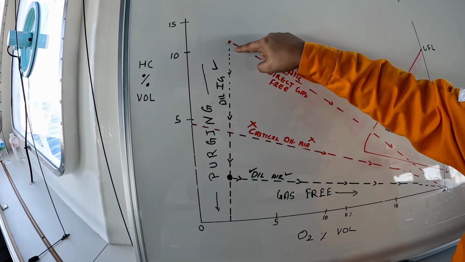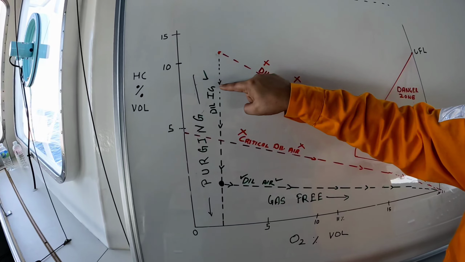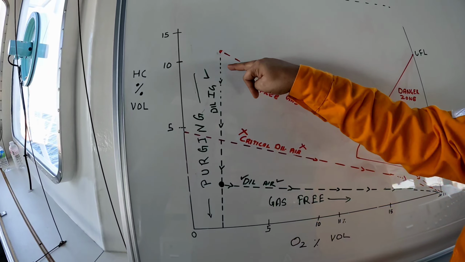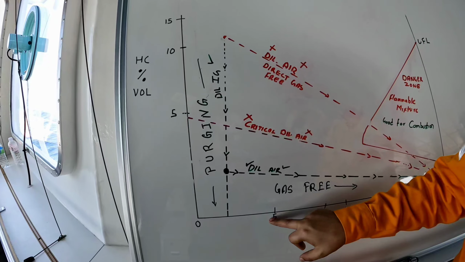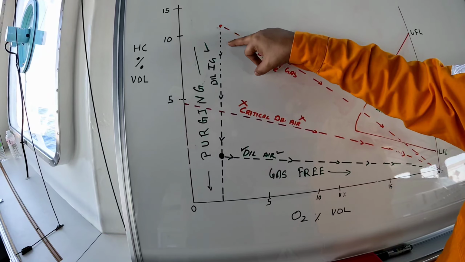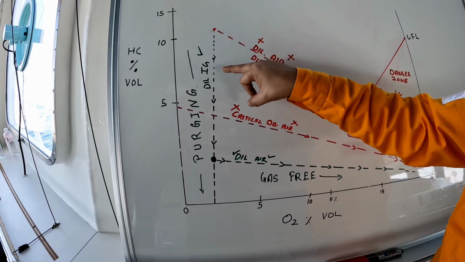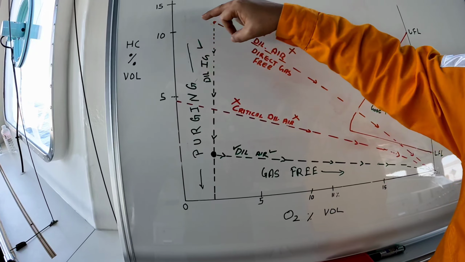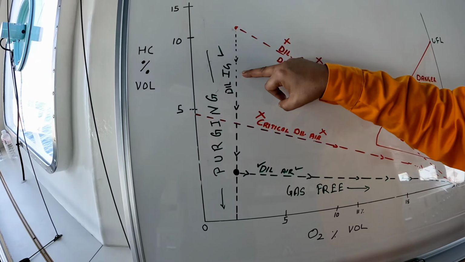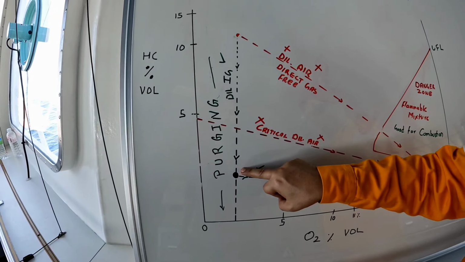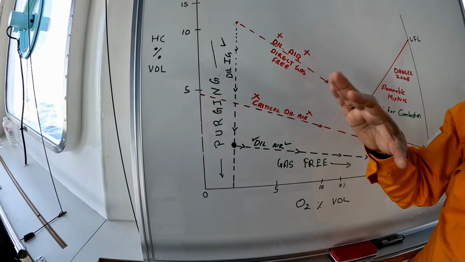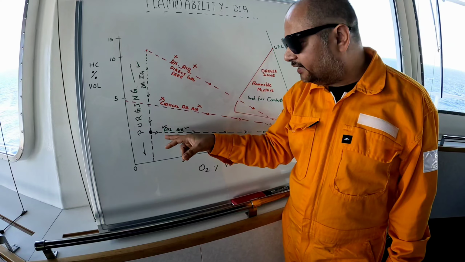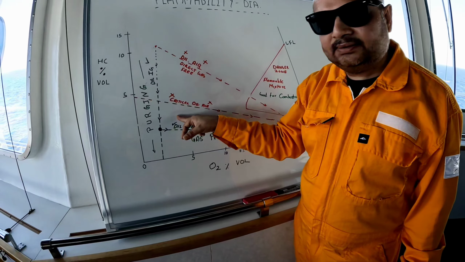So in our tank we will be putting IG, and what happens is, as you know, inert gas has an oxygen content of less than 5%. So your O2 content will not be increasing. You see here, it is coming almost straight, it's coming down, so your oxygen will remain the same. But your hydrocarbon is coming down. You can see over here, it's coming right down like this, and we come to this point. This is about 2%. I have taken it as a general figure: when it comes to about 2% by volume, this is the right time to put your air in the tanks.